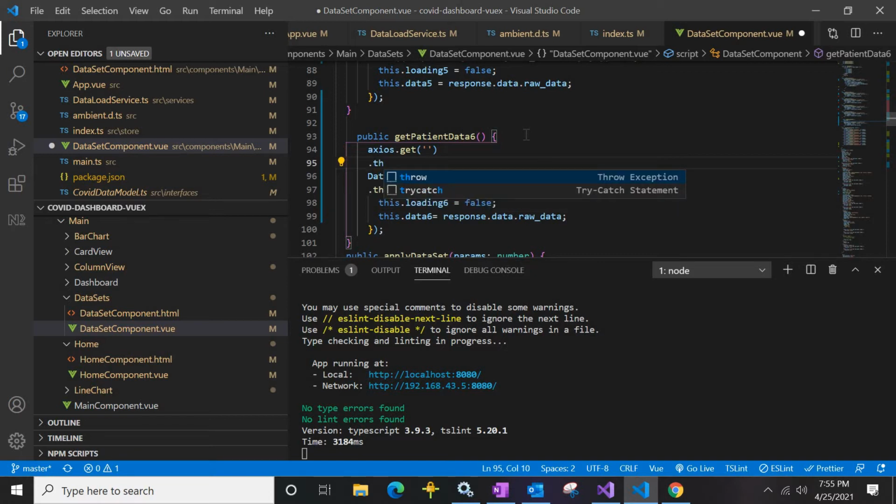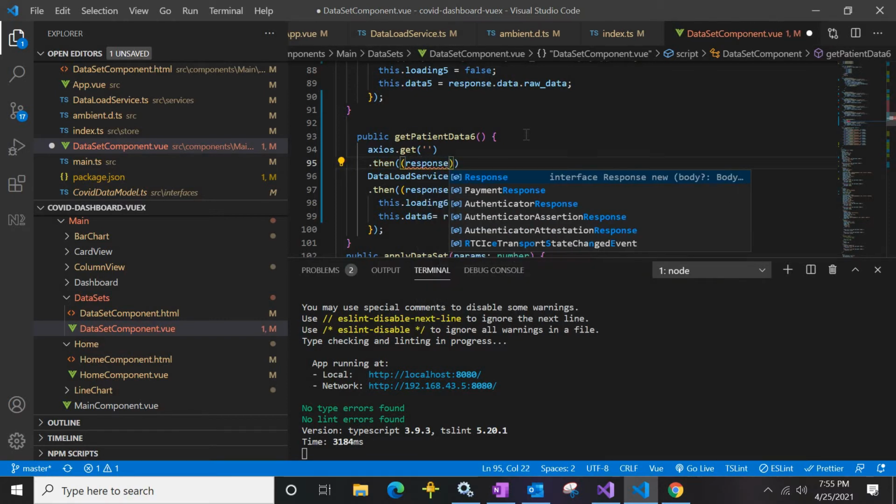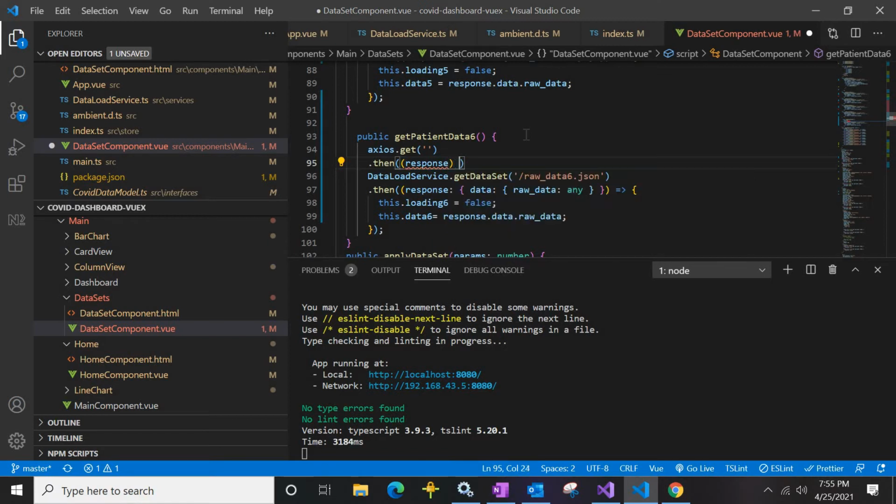Then you give dot then, and you get the response. Basically you provide the callback function here for what needs to be done after getting the data.